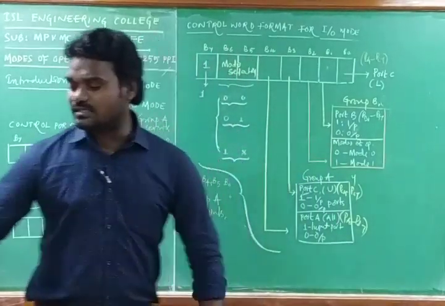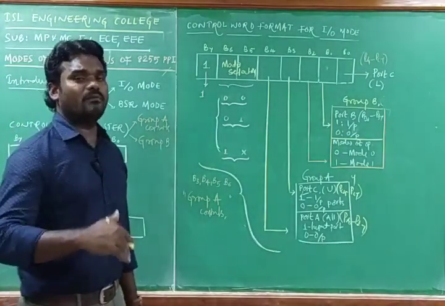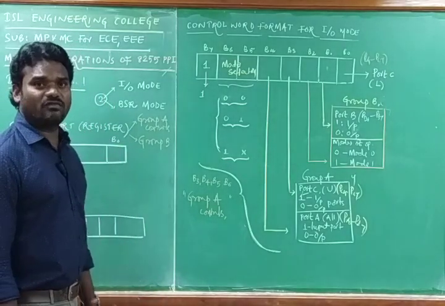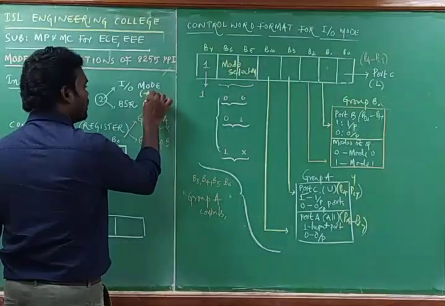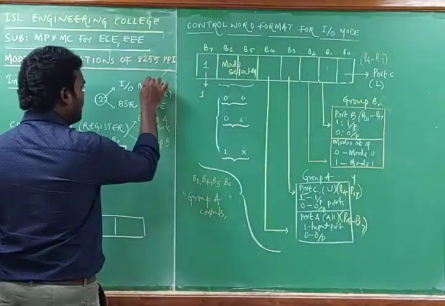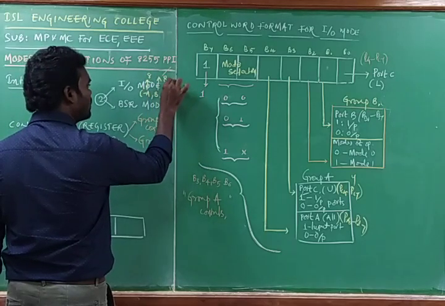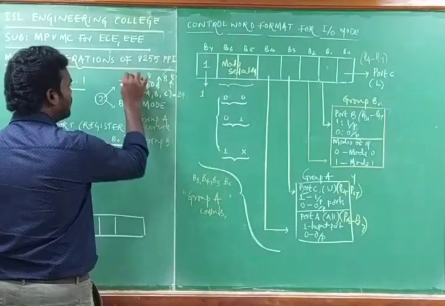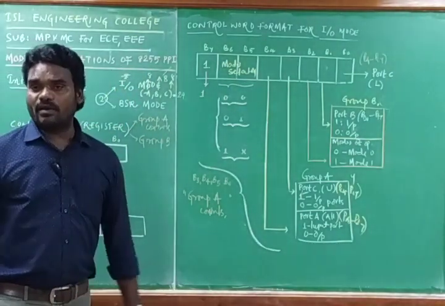Here the conclusion is that the 8255 is an integrated circuit. It can be programmed to operate in 2 modes of operation. One is named the IO mode. In this we can have all the ports, port A, port B and port C. Port A has how many pins? 8 pins, port B is also 8 pins, and port C is also 8 pins. Totally, how many pins can act as IO? The total 24 pins act as the IO mode of operation.